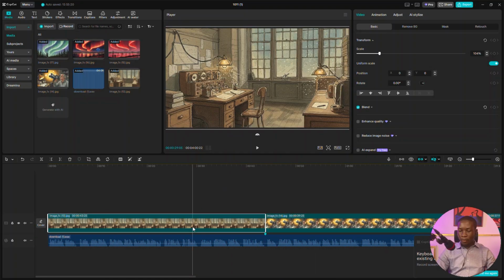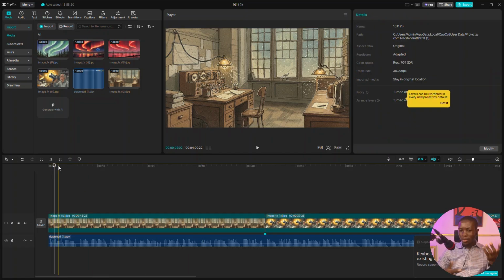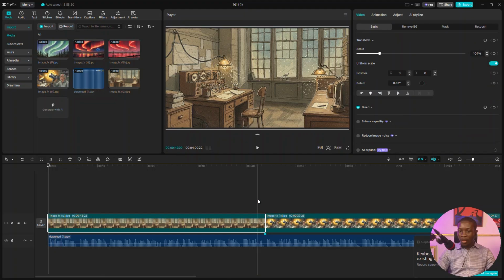Now, the next step you need to do is to animate these images here, because if you just put it steady like this, it will just be like a slideshow. It doesn't look engaging. You understand? And it won't go viral like that. So what you need to do is add animation to that. To add animation to this image, you just have to click on the image here. Now, the first step is, you see this scale which you're using here. What we want is, as the viewer is viewing the video and the video is progressing,